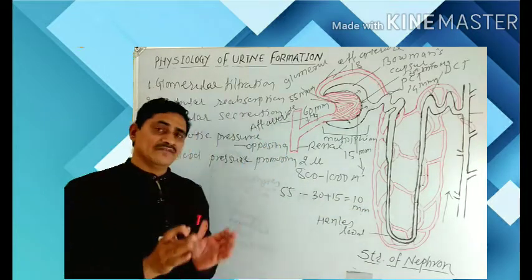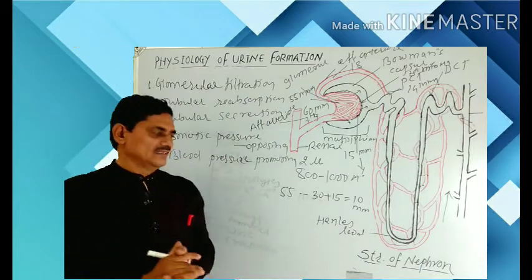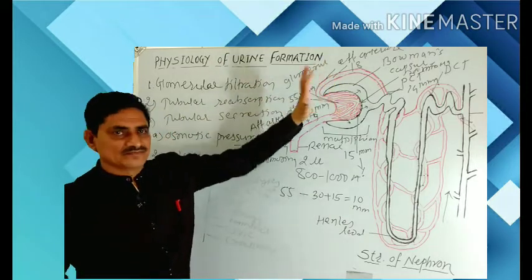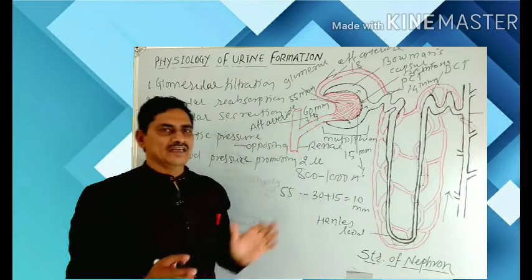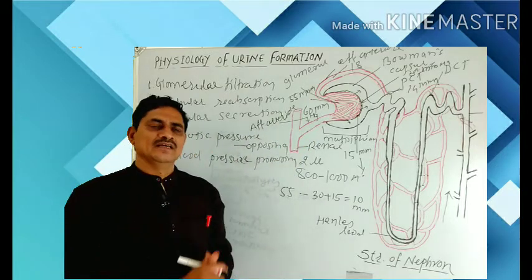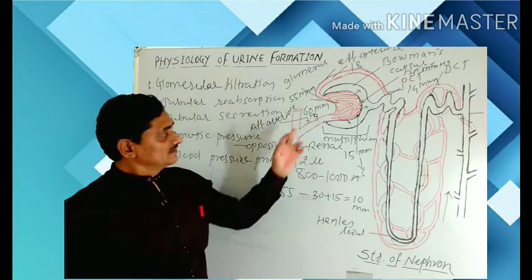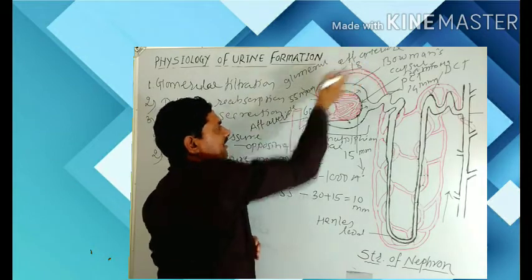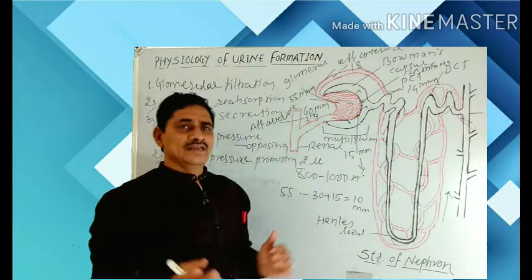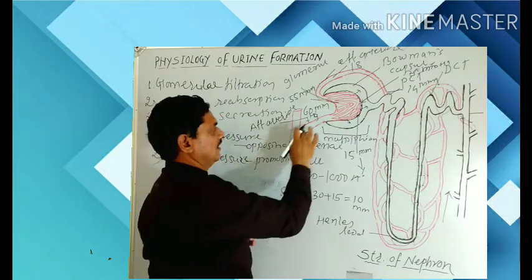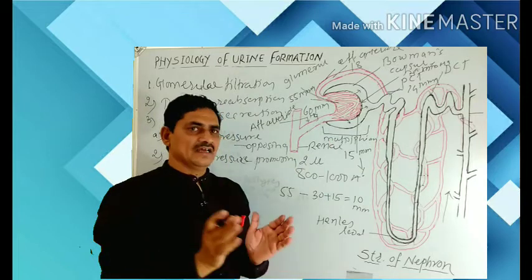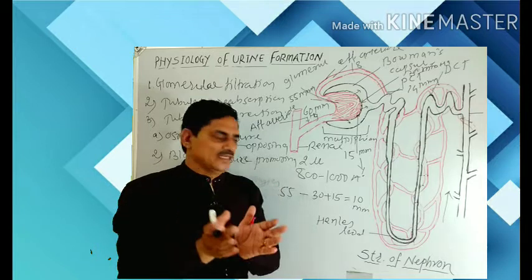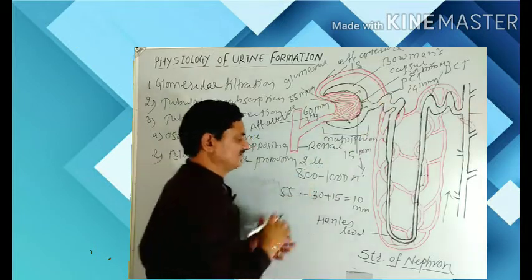So, this difference in the pressure gradient: the pressure is more in the glomerulus. As the afferent arteriole has a larger diameter, it receives more blood. It enters into this glomerulus, and the efferent arteriole has a smaller diameter. Therefore, the glomerulus receives more and more blood from the afferent arteriole. Here a pressure is created. This pressure is called the hydrostatic pressure, which is more than these two opposing factors.